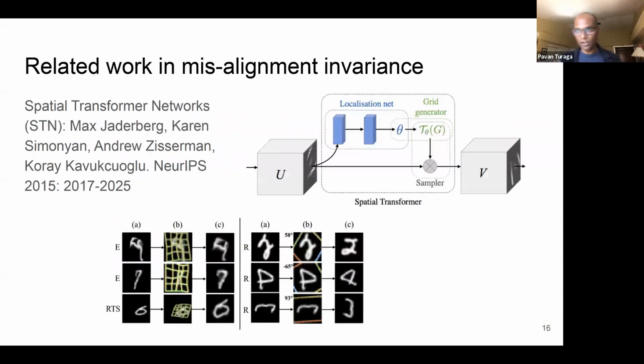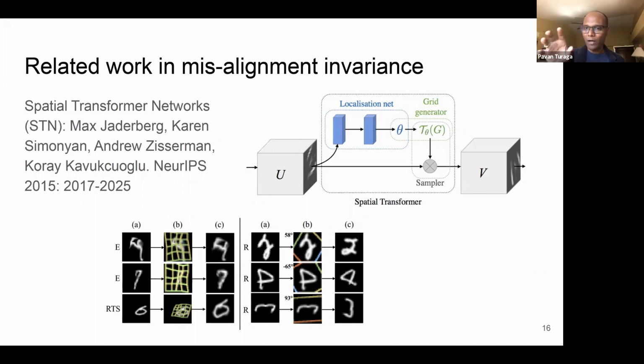There is some work like this, which we looked at and took our motivation from. This is called the Spatial Transformer Network, from Andrew Zisserman's group. Again, it's become a very, very well-cited paper. Their question was similar. If you have a bunch of pictures and you want to learn some features from pictures in a way such that you have factored out affine transforms, okay? But how? Without a template, how are you factoring out affine transforms?